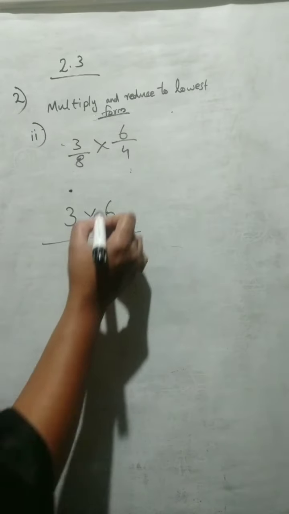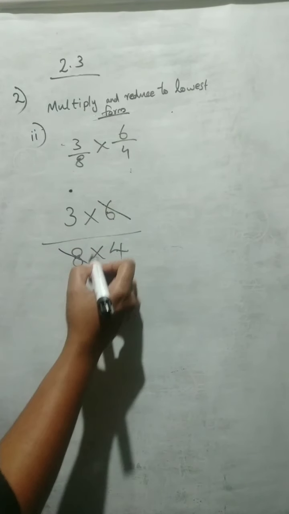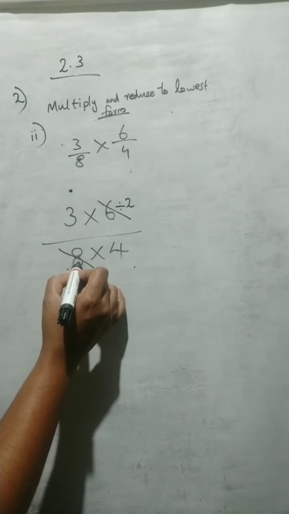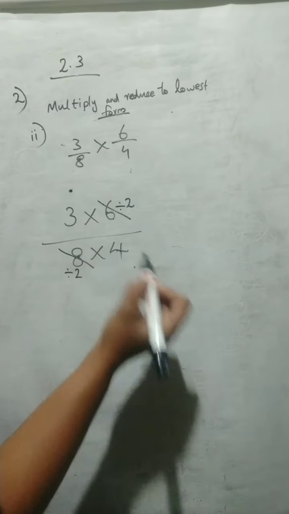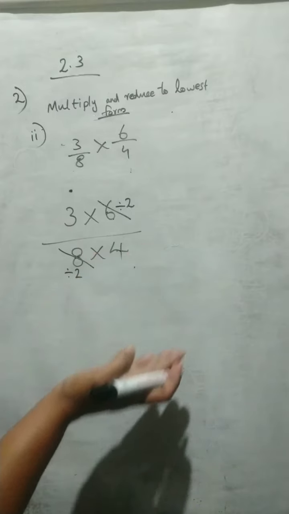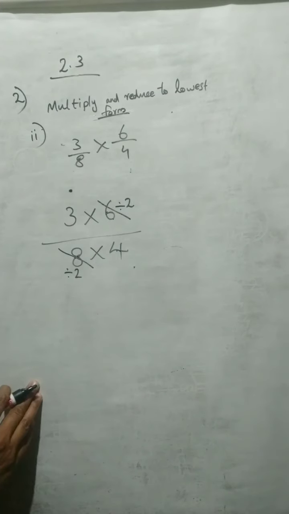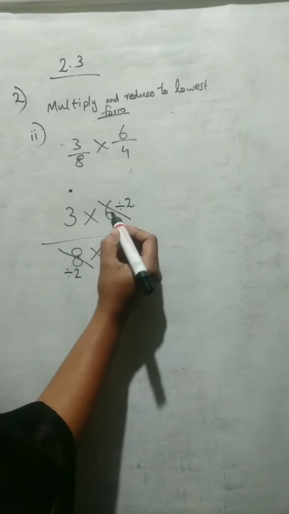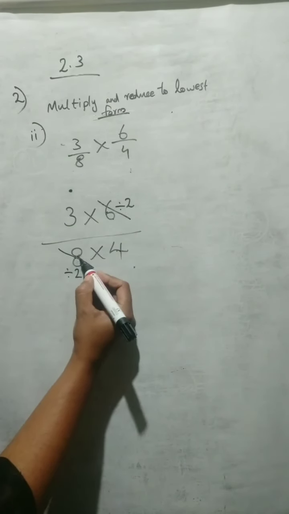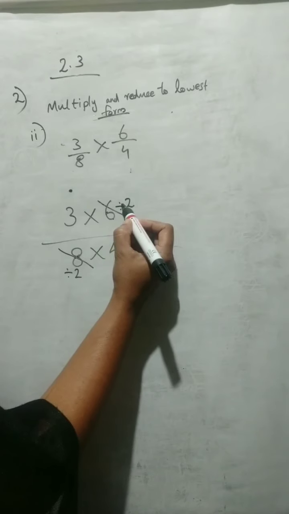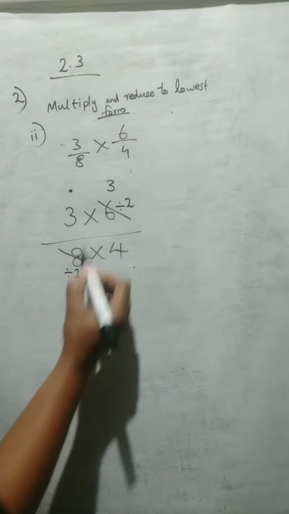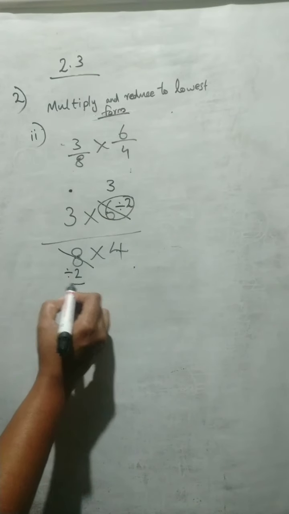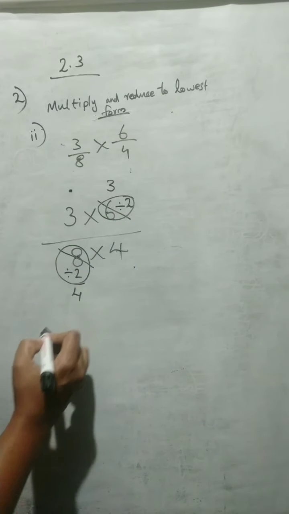Now I am going to cut 6 and 8. Both the numbers we can divide by 2. You can select this 8 or 4. Whichever one you like, you can take that number, because all these numbers are there in 2's table. Now I have taken the 6 and 8. Then 6 divided by 2. 3 is the answer. Okay. This is gone. Finished. Then 8 divided by 2. 4 is the answer.